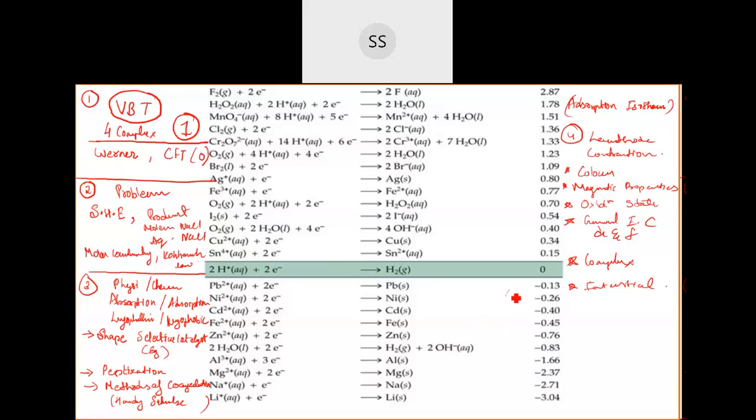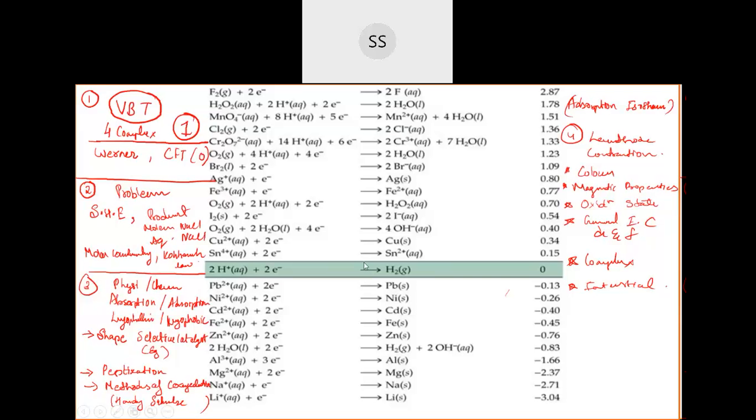5-sided, yes. The difference between actinides and lanthanoids you need not study. Only concentrate on lanthanoid contraction and what are the causes of it. These are very important. Concentrate on these things first, then you can go for the 1 mark questions. The remaining 1 mark questions, you can concentrate on that.